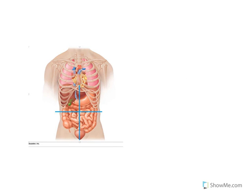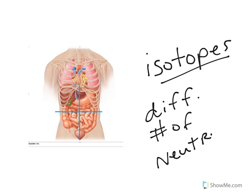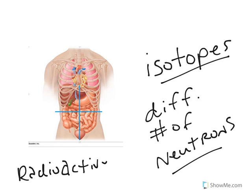Your text goes on to talk about different terms such as atomic number, mass number, isotopes, and atomic weight. I don't care that you guys remember these for me, but on the final exam there's been a question about isotopes before. Remember that an isotope has a different number of neutrons than would say the same element in its normal state. And this is what makes, if you guys have heard of radioactive elements,